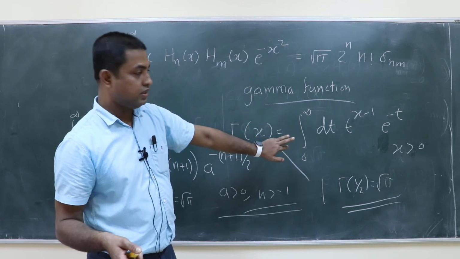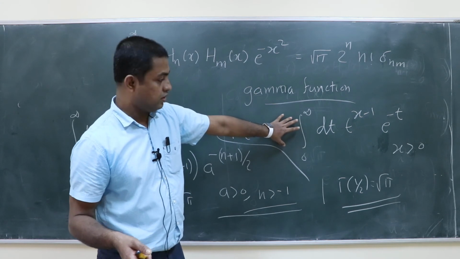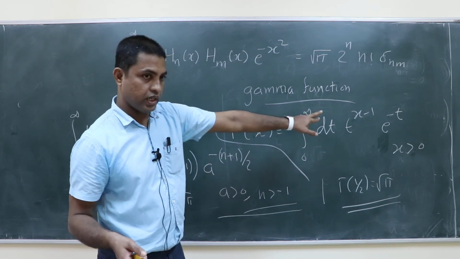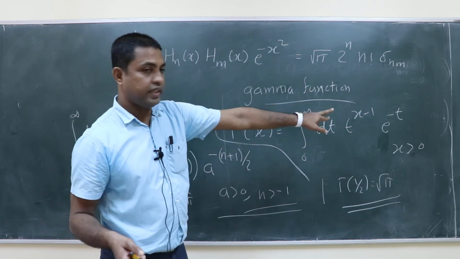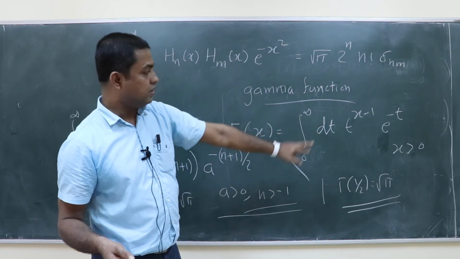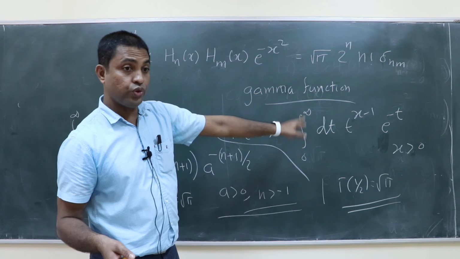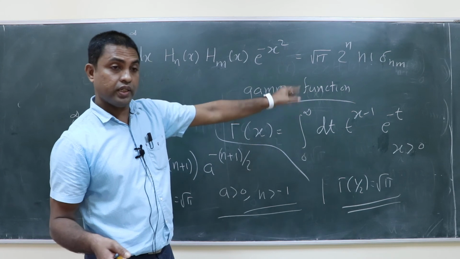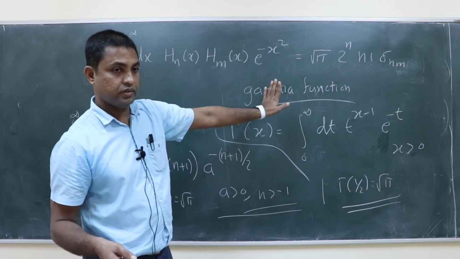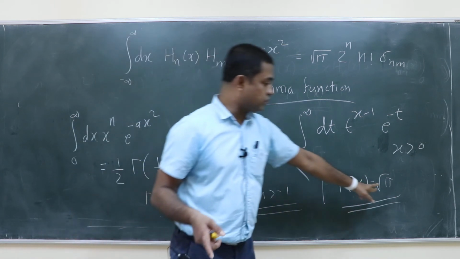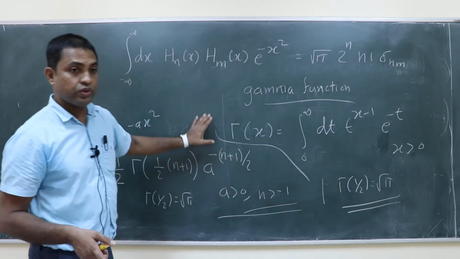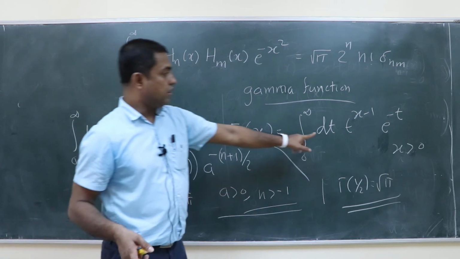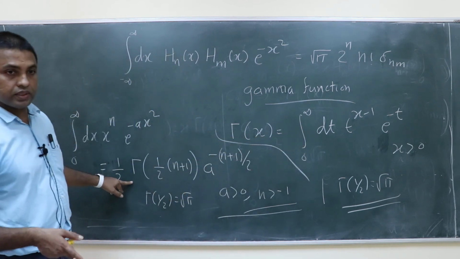You see that this integral is basically the Gaussian integral. If you put x equal to half and t equal to u square, the integral in terms of u becomes the Gaussian integral, e power minus u square du, with the limits. You know the Gaussian integral result is root pi. I am giving that as an exercise. With the change of variable, you can use the gamma function to get this result.